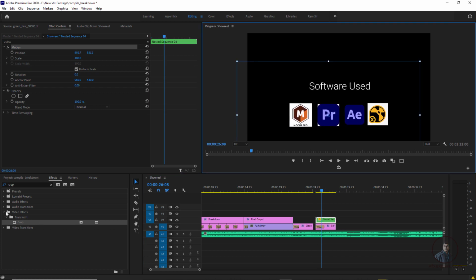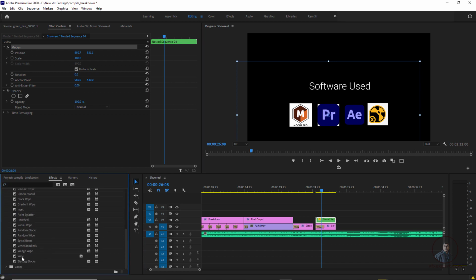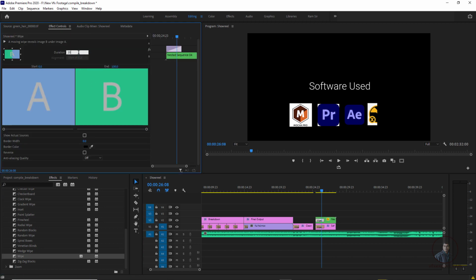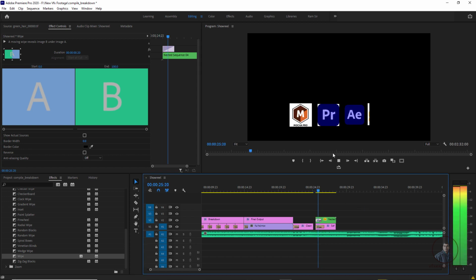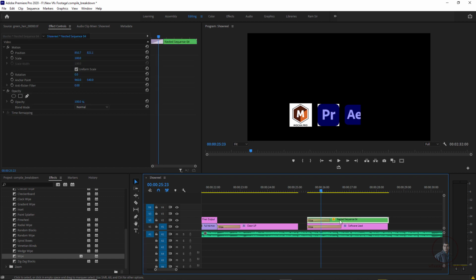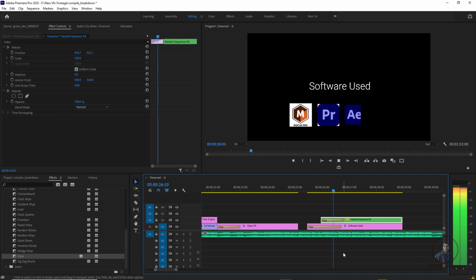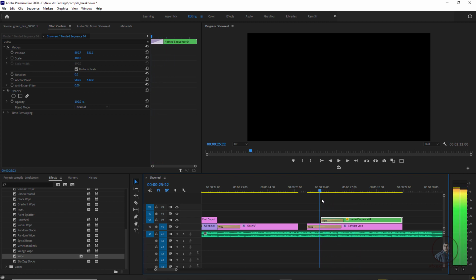Then we can apply transitions. So again clear this one here and apply this wipe here. Select this one and maybe set duration 20, left to right, so click here. This will display like this here. Okay, but actually first we have to display our title, then we have to display our software here. For this what we can do is simply offset these icon layers a little bit, like this. Now we can see first the title will come, then these softwares. Okay, so like this you can offset these layers here.